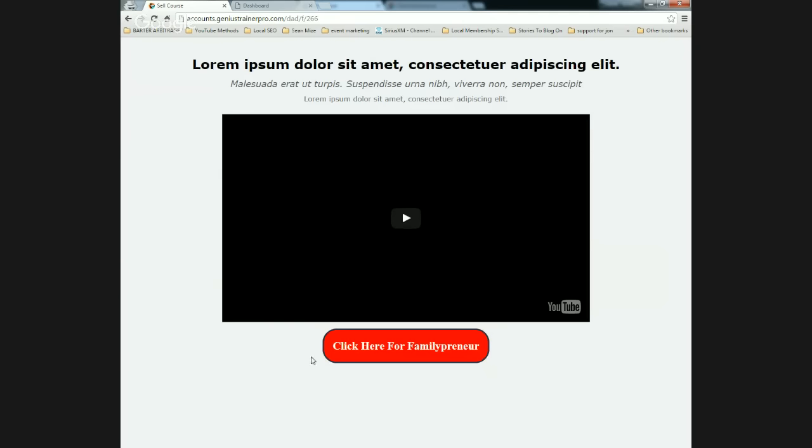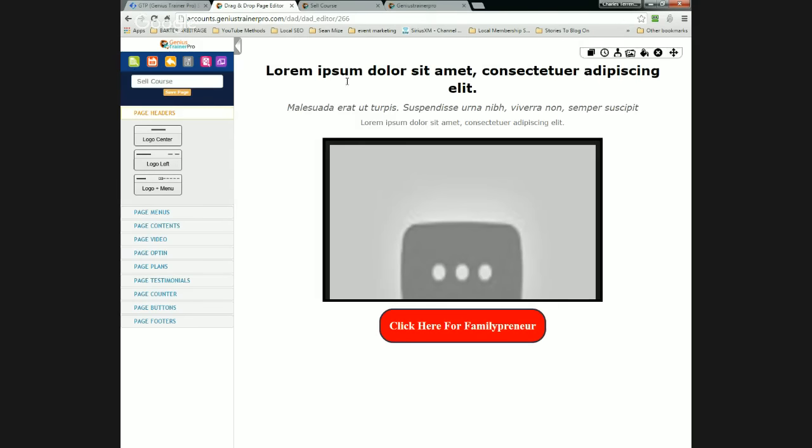They're going to have to log in with their account, and Genius Trainer Pro is going to place that second course into their dashboard. So you can sell them that course, or do it outside of Genius Trainer Pro.